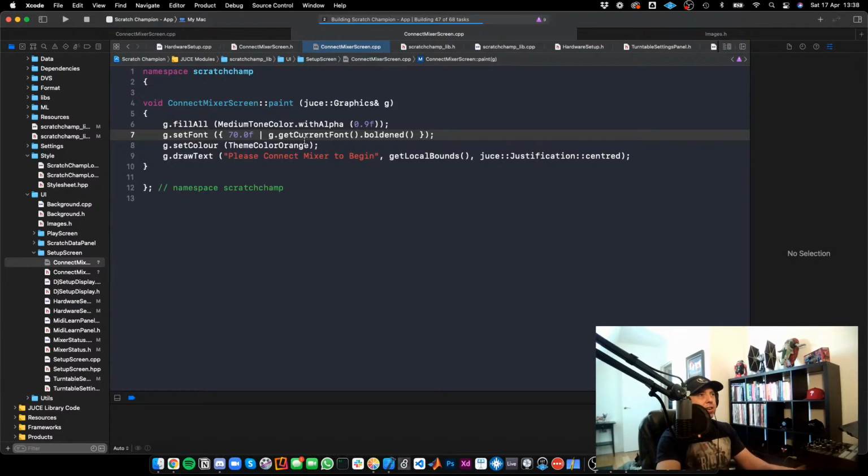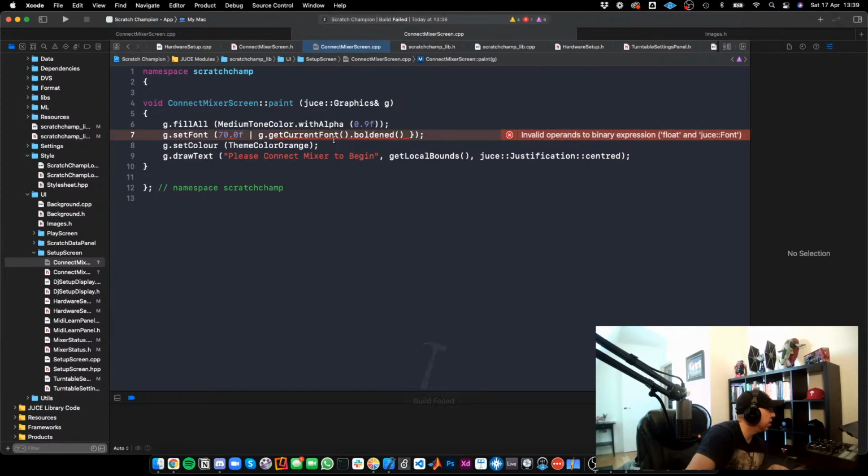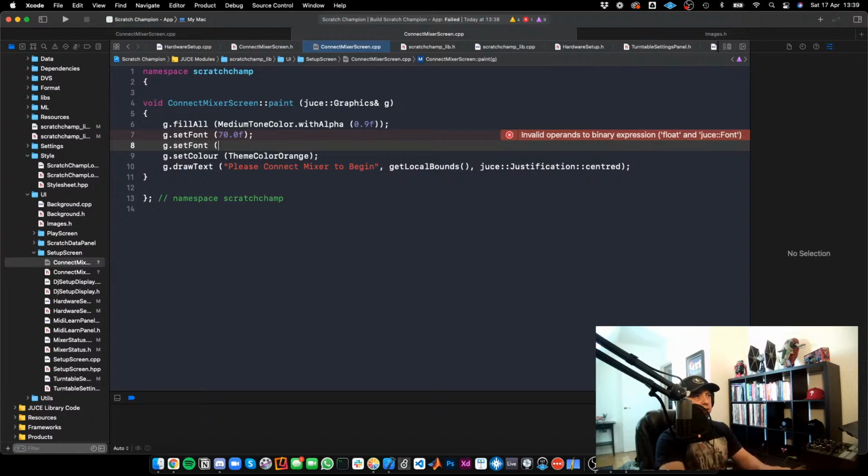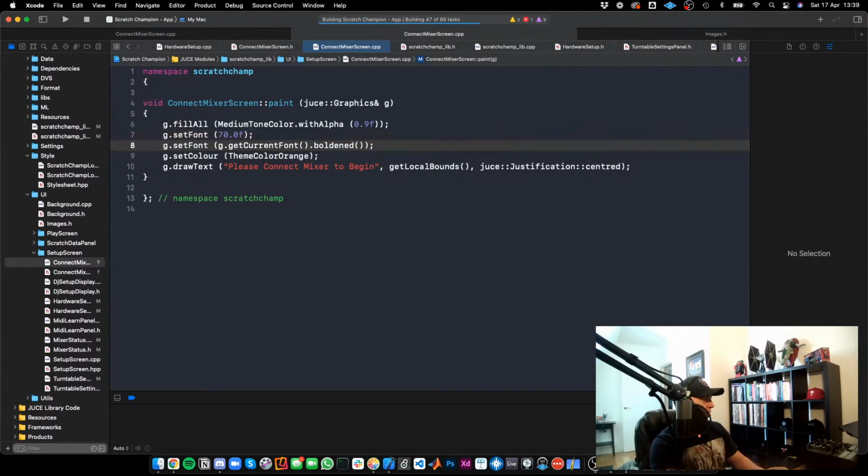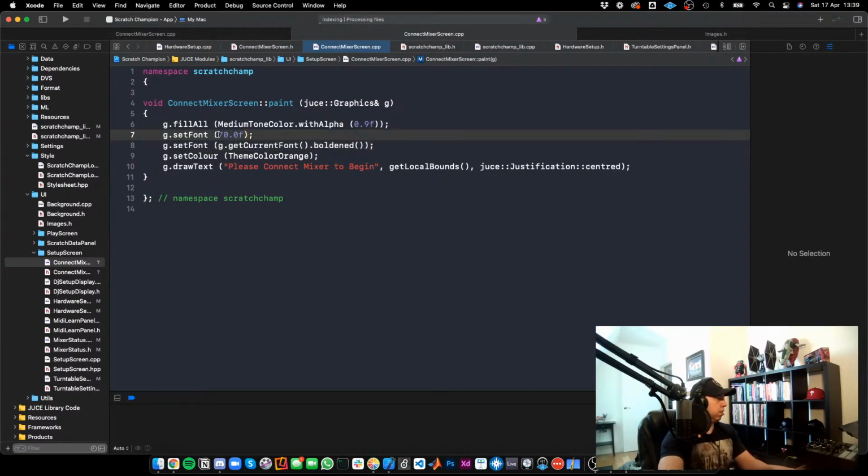Oh, is it another parameter? Oh, okay. So let's see. Oh, I see what you're saying. So it needs to be two separate ones. Is that what you're saying? So like this. G.setFont. So you have to do it like that, right? Oh, you could do it like that. Oh, cool. So G.setFont. I'm learning something here from Sacred Geometry. Big shout out to him. Font. And then